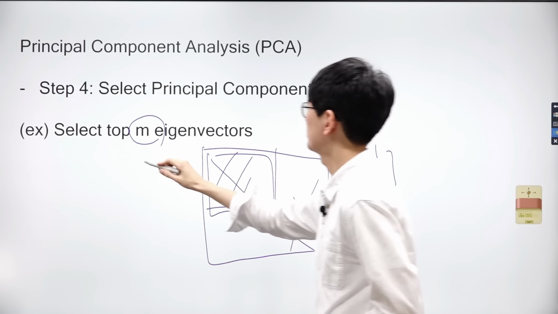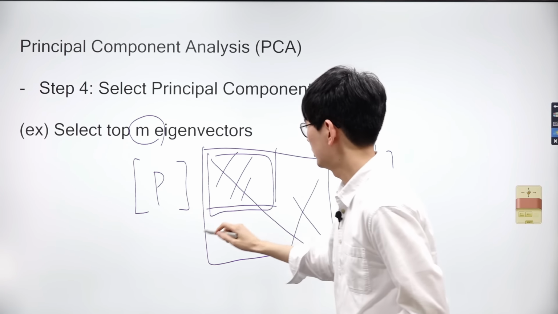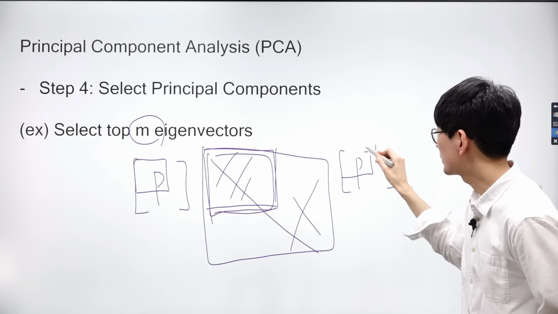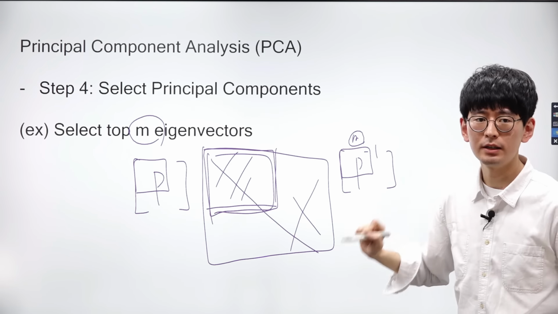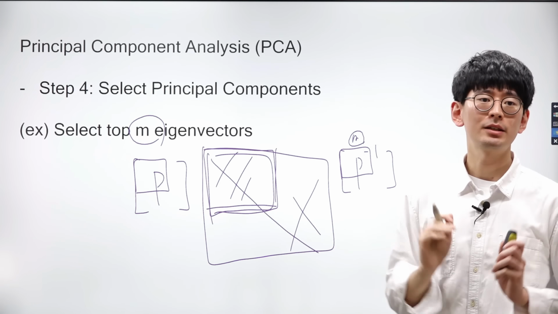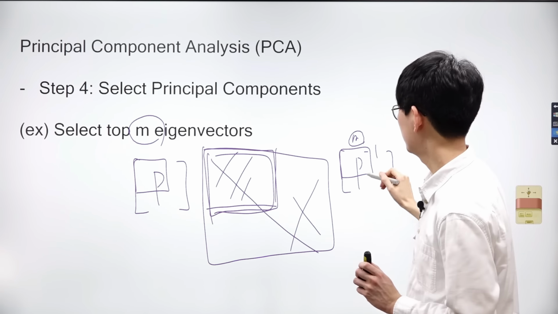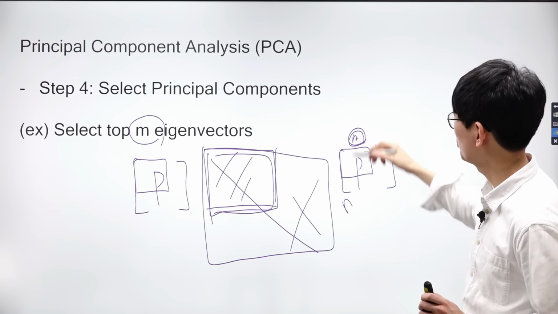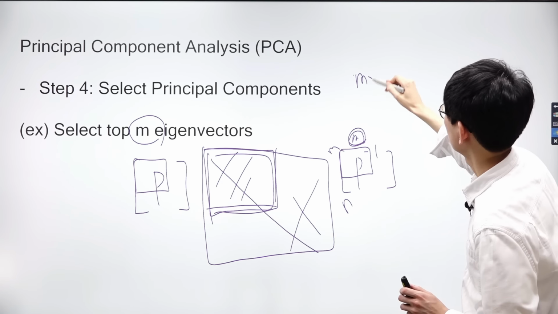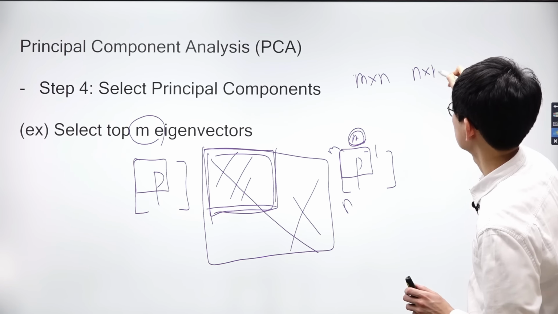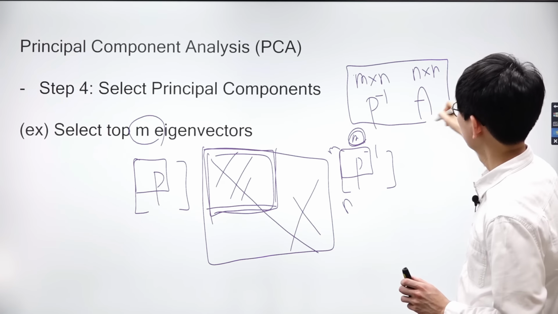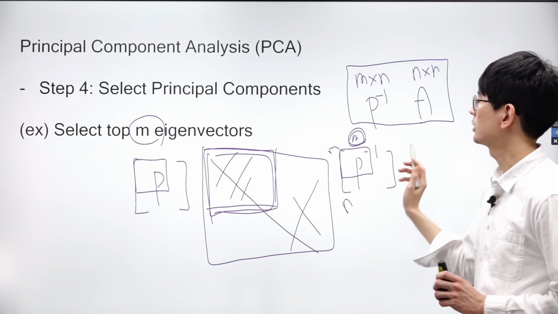We also have matrices P and P inverse surrounding matrix D. Similarly, we preserve only the first m eigenvectors with highest eigenvalues from these matrices while discarding the rest. This process reduces the data's dimensionality by retaining only the most important components. Now let's see how the dimensionality of data can be reduced. The dimension of the reduced matrix P inverse is m by n, while the dimension of our original data matrix A is n by n. By multiplying matrix A by matrix P inverse, we obtain a new matrix A with reduced dimension.